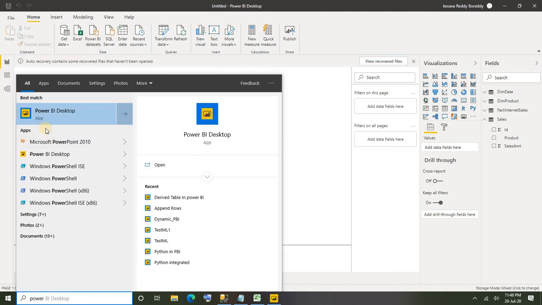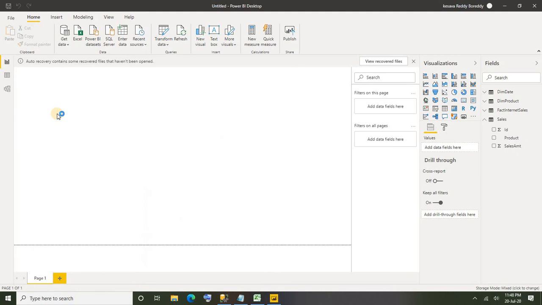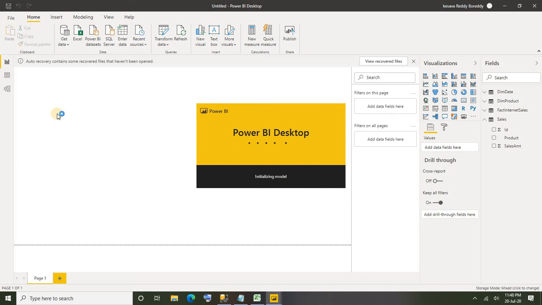Okay, now I'm gonna go for another PBIX file. Go to Power BI desktop. I'm just opening Power BI desktop here. Okay, so your SSAS will support import as well as live connection. Either if you want to go for import, of course you can have data imported from your SSAS, and also you can go for live connection. All right, let's see.